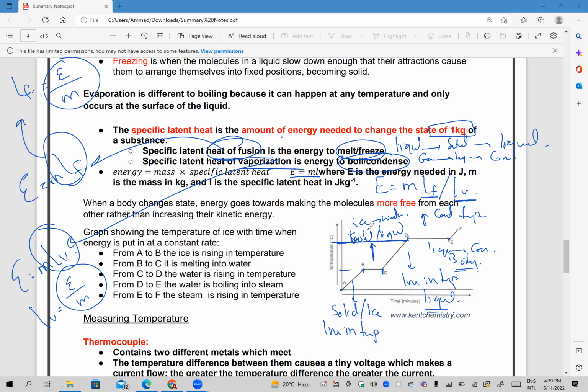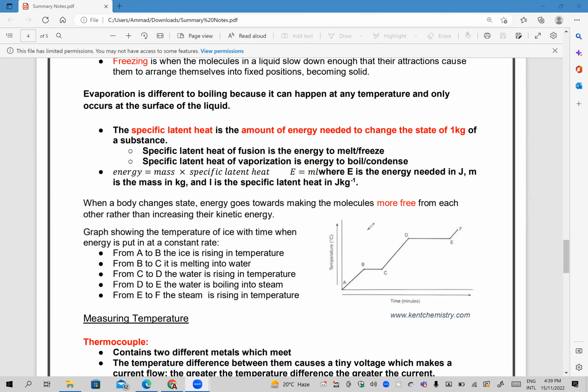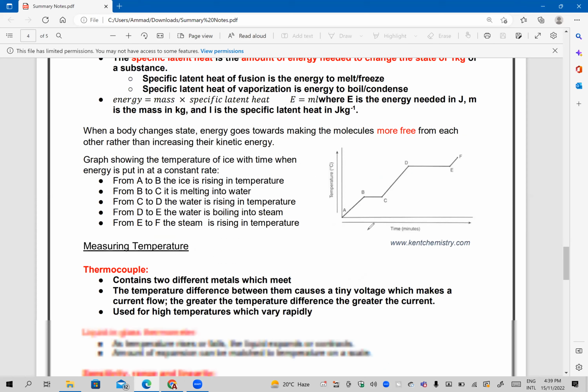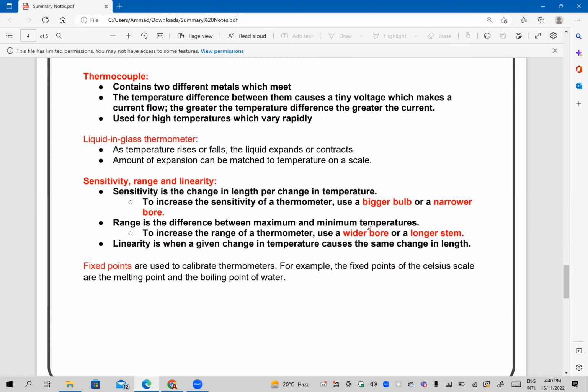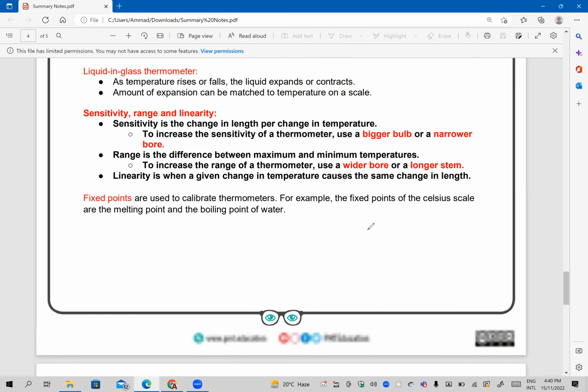Moving on, अच्छा यहाँ पे टेम्परेचर्स को you can forget this, ये आपके लिए इतना इंपॉर्टेंट नहीं है, थर्मोकपल चीजें।